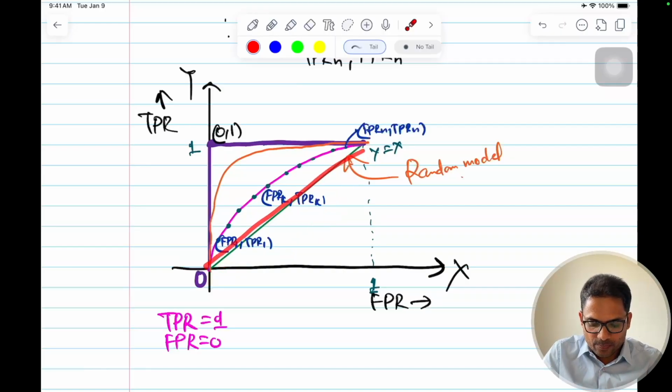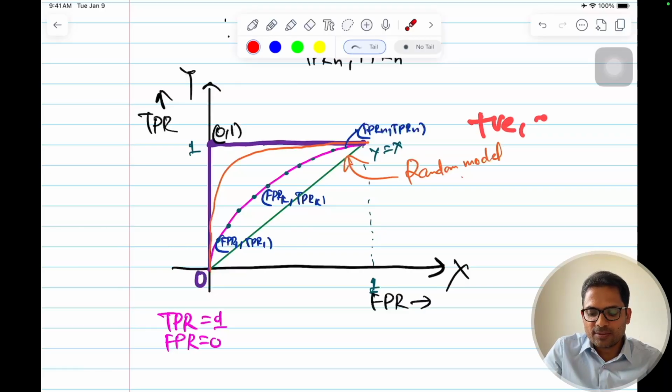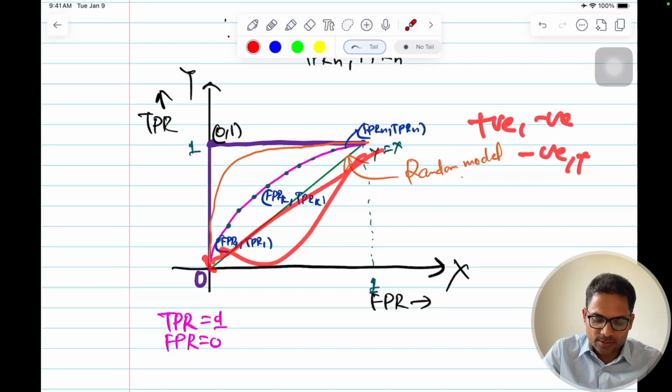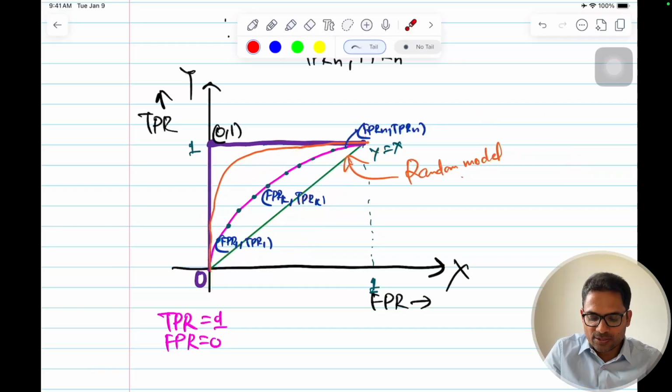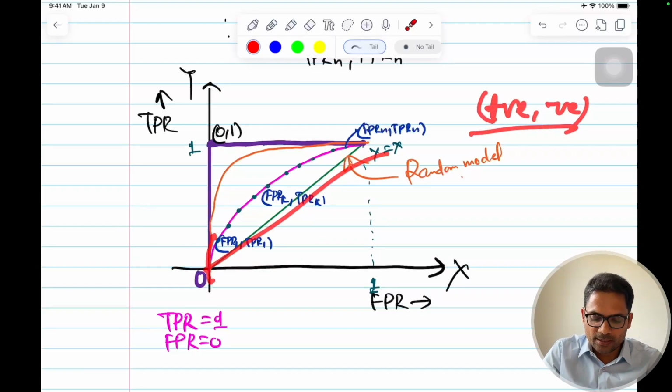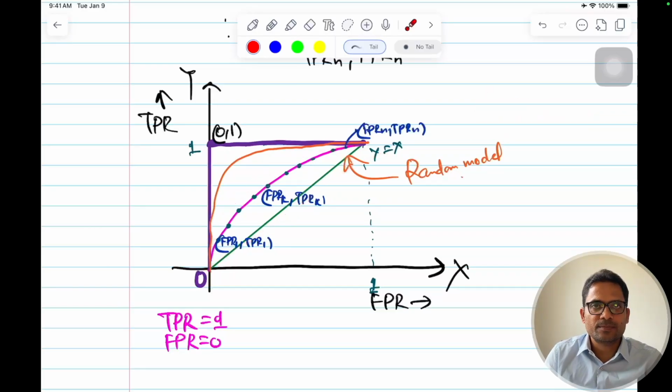Because if I'm getting something below this line, that is coming like true positive rate and false positive rate, so if I flip the labels, if I make positive as negative and negative as positive, then this will just shift the other way around. The true positive will become false positive. So whenever you're getting something in this zone, you can just flip the labels, whatever is your positive label, make it negative and vice versa, and then this curve will automatically come on this side. I hope